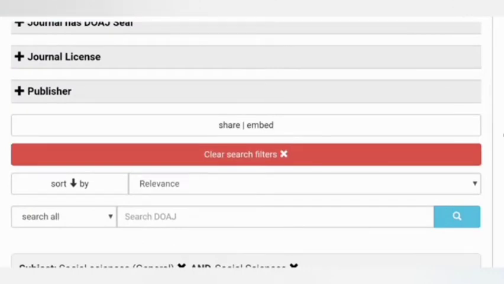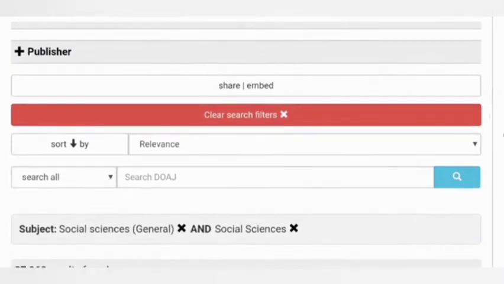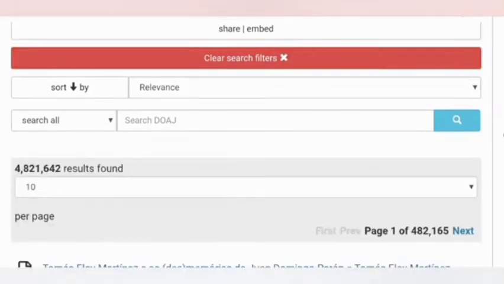So here is a search engine. You can search by the journal name and by the article name.